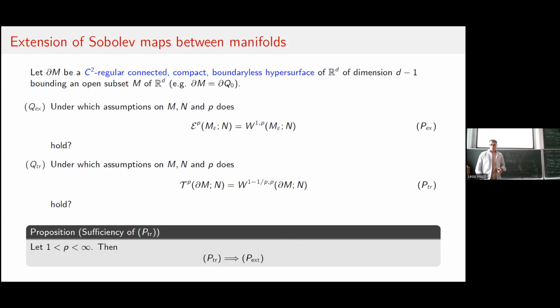And also interestingly, if you take away the target manifold constraint, it's easy to see that both problems are equivalent to one another, because you can differentiate between the task of extending functions to the inside or the outside of your problem. So the one direction is in any case obvious, because take a function on the annulus, you can always take the trace on the boundary, and if you can extend trace functions to the inside, then you can extend already the whole function to the inside.